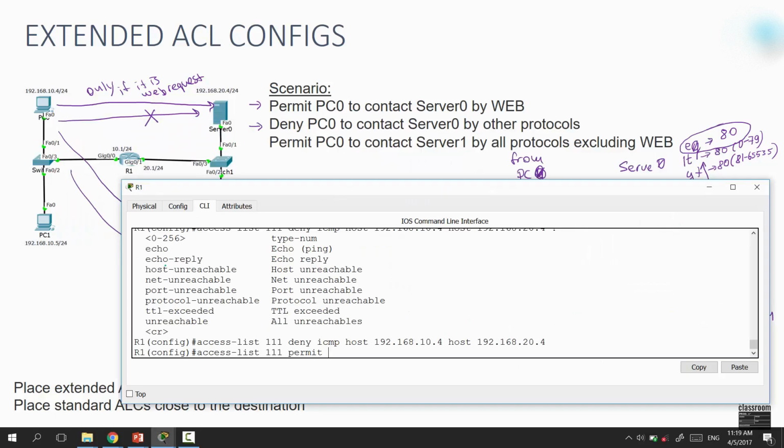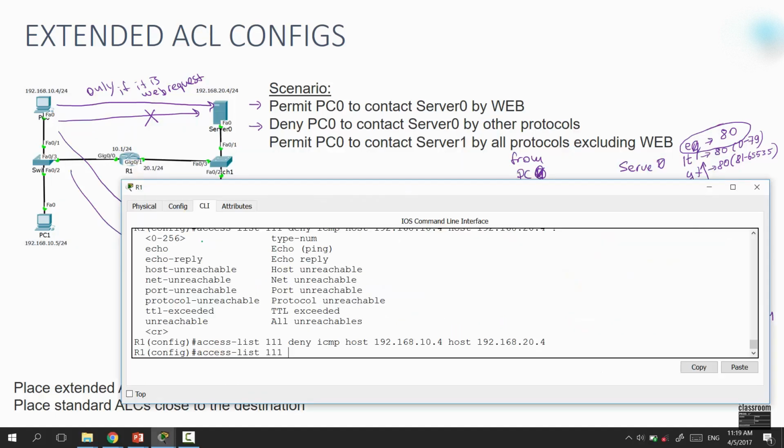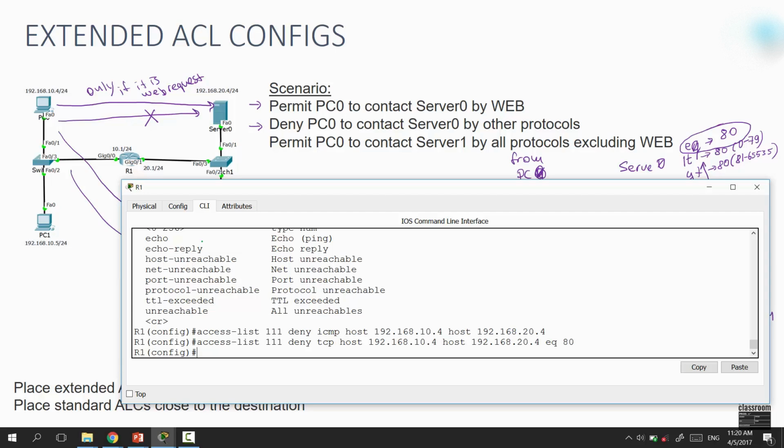So that we are writing permit, or when we have to define only one protocol which is denied, then we first have to write deny ICMP, deny TCP communication from host 192.168.10.4 to host 192.168.20.4, and then we define equal to 80,